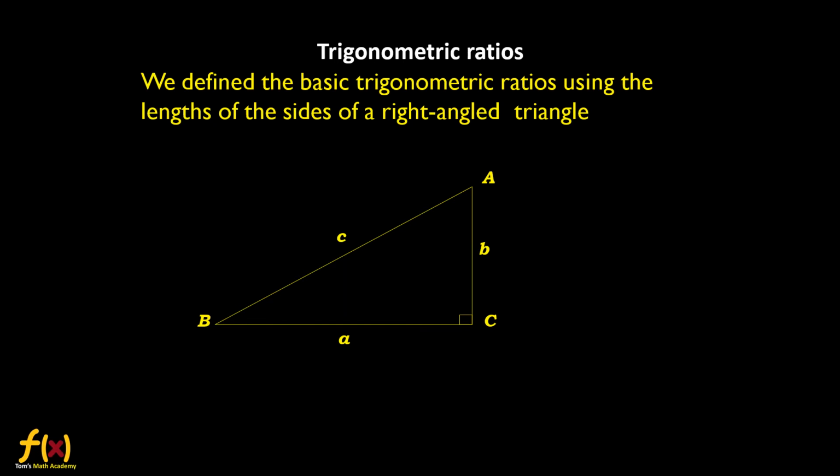Now look at the right angle triangle. Let us discuss about the marking of the sides here. Triangle is ABC. Now the side opposite to angle A is small letter a. Side opposite to angle B is marked small letter b, and the side opposite to angle C is small letter c, and it is the hypotenuse of this right angled triangle.